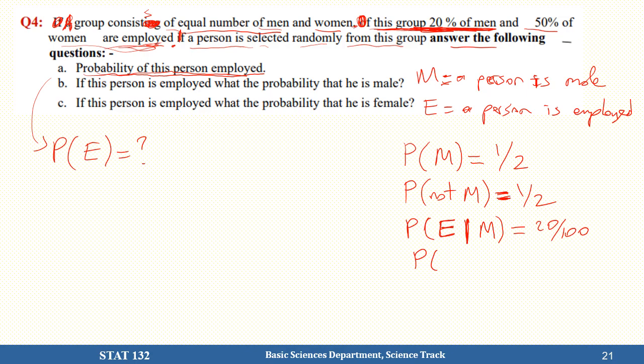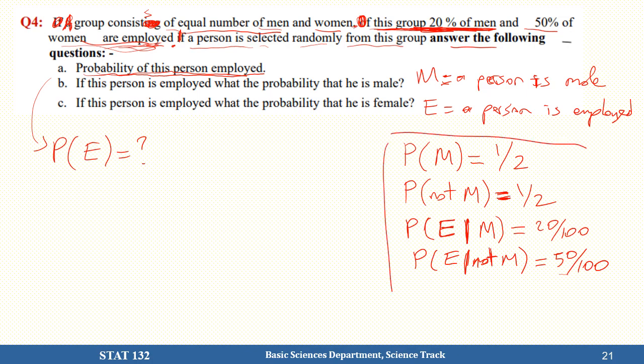Now 50% of women are employed, it says. So employed, and instead of female, I will just write not M, because I will use the complements of the set. So for this reason, I will just use M only. You can start the question, which have no problem. So this will be 50%. Now, by using this information, we will try to get to the